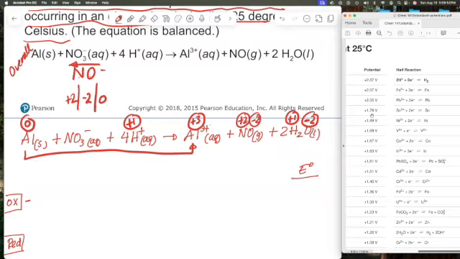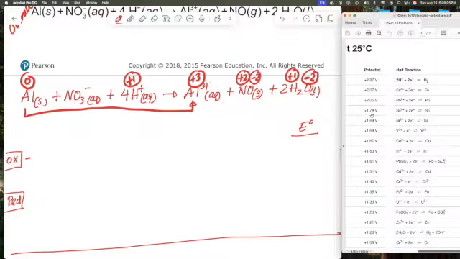Now for this part here. So you assign oxidation numbers for all of the elements to identify what is what. Actually, for this part here, I just realized something. I don't need to keep going because I don't need all the information here. All I need to know is what's oxidation, what's reduction. So for oxidation here, all I need is Al solid